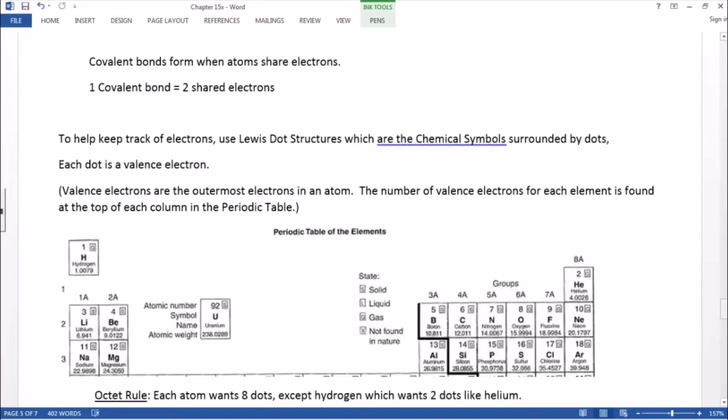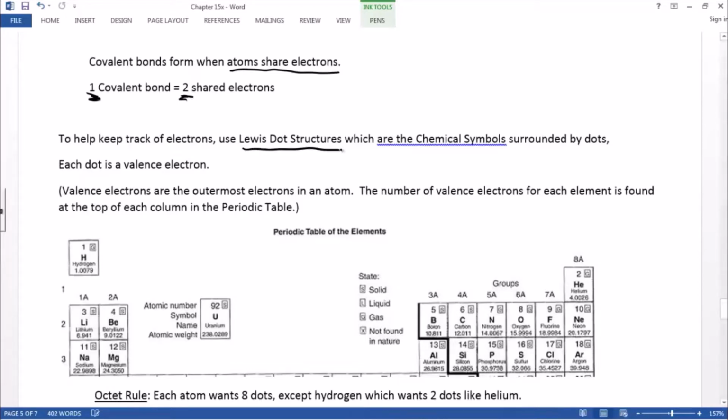Finally, covalent bonds. Covalent bonds form when atoms are forced to share electrons. When they share electrons, they go in pairs. So one covalent bond equals 2 shared electrons. Now, in order for us to make molecules using covalent bonds, it's helpful to keep track of the electrons using